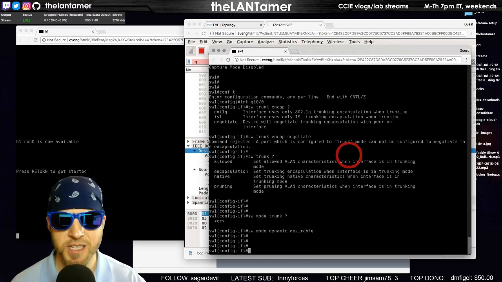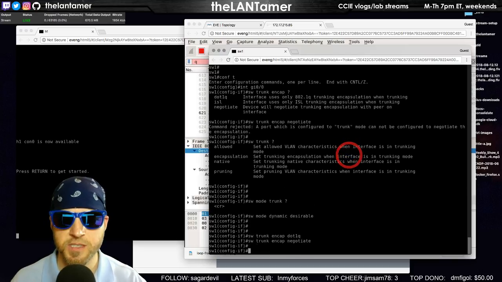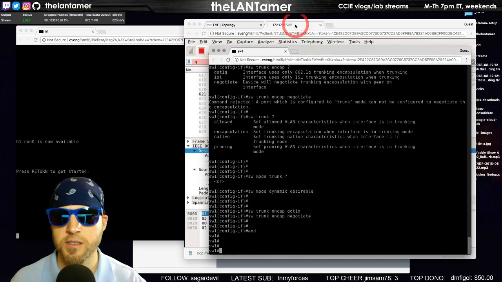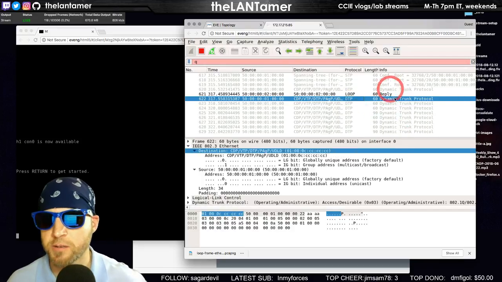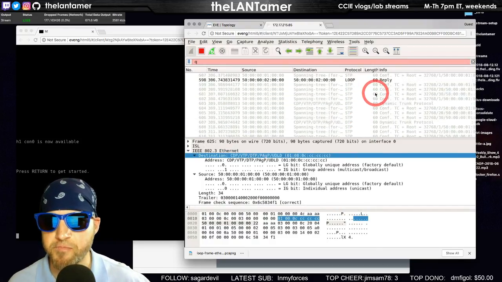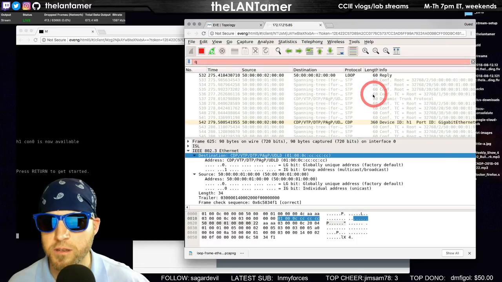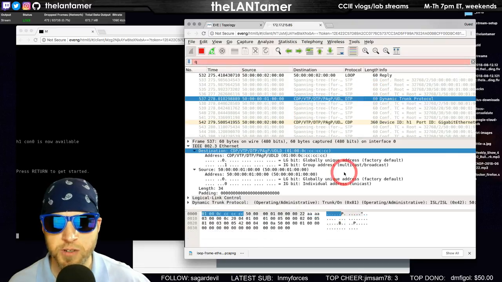Switchport mode dynamic desirable. No, switchport trunk encapsulation negotiate. Now it lets us do it. Okay. Now we see DTP packets, and that's really when you start to see them, right? Dynamic Trunking Protocol.